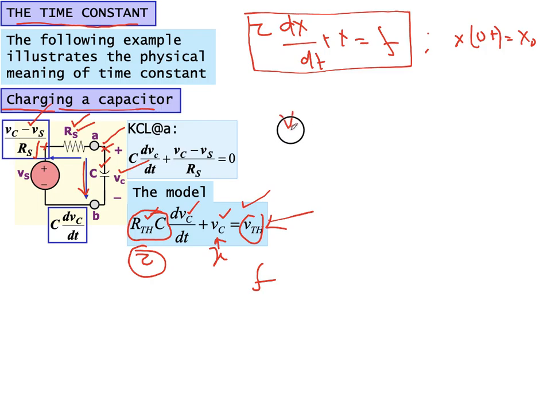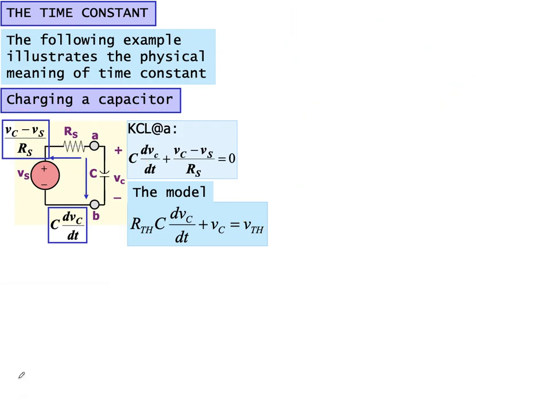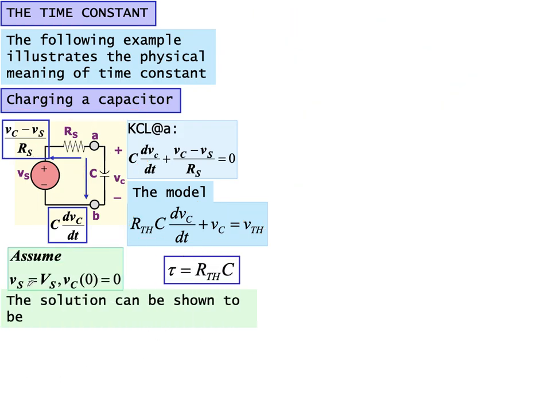That will now be Vc of t will be k1 plus k2 e raised to power minus t by tau. So we need to find what k1, k2 and tau is to find out the voltage across capacitor. But we have got the standard form of the differential equation that we require. So in this case, tau is R Thevenin C, and in this case we assume that Vs is